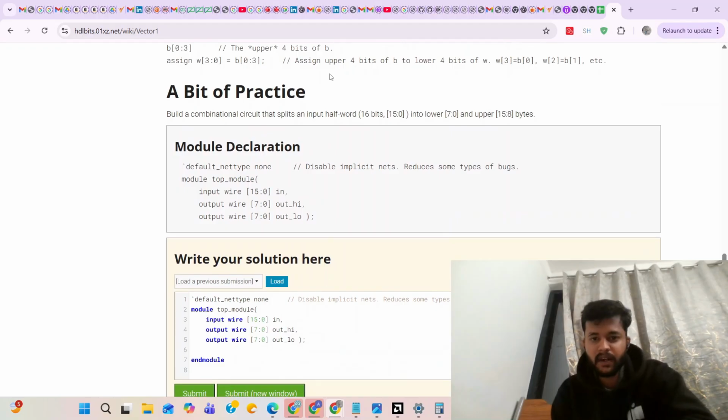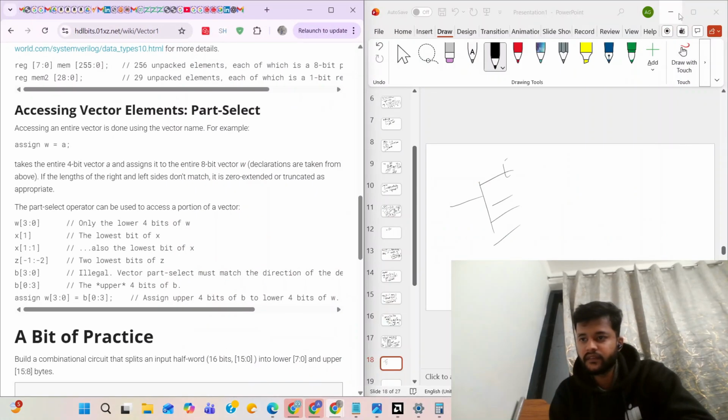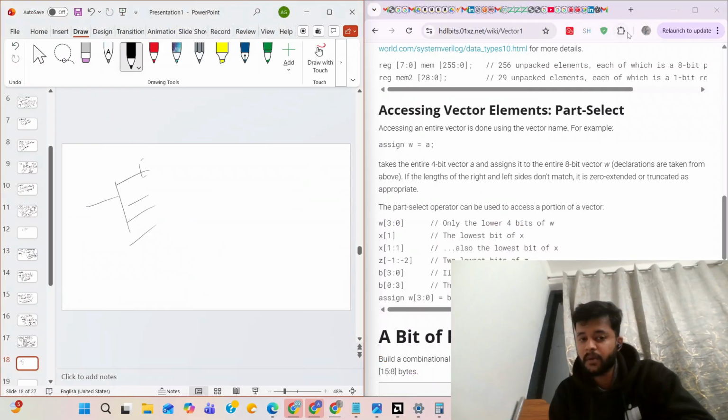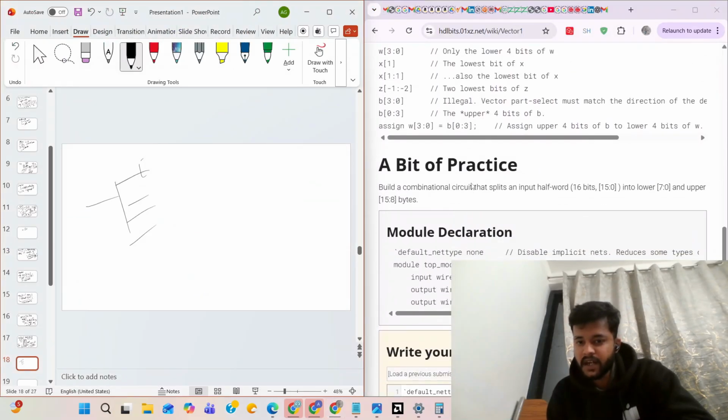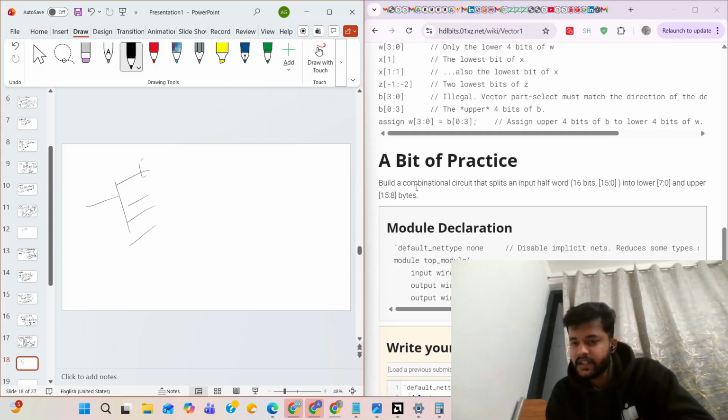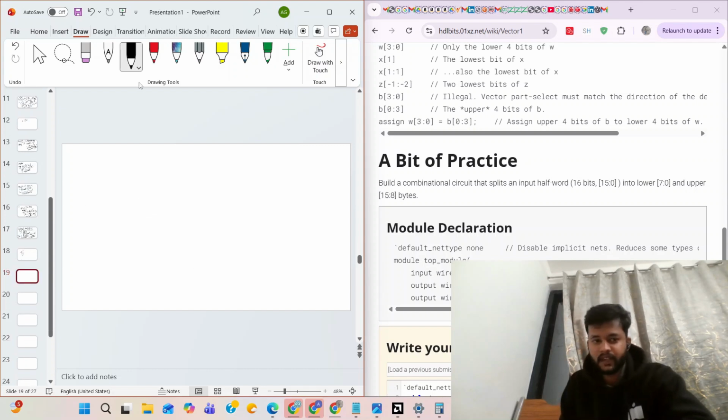I'll explain the problem statement. The problem statement is to build a combinational circuit that splits the half word.